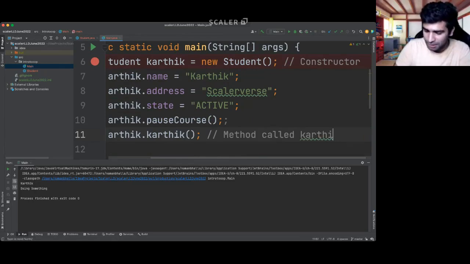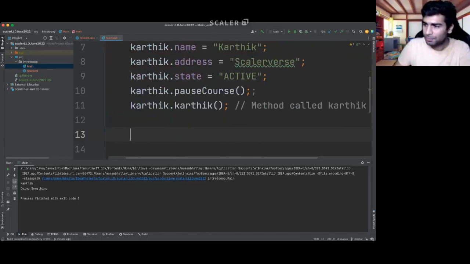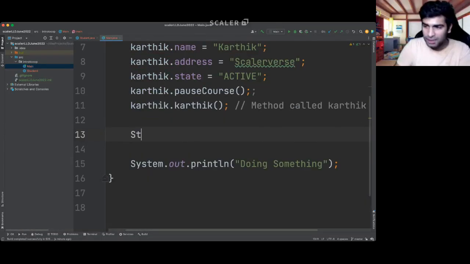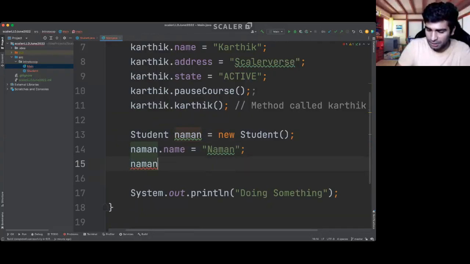Let me give you another instance. Let us create another instance as well. So now let us have another student. Student Naman is equal to new student. Then Naman dot name is equal to Naman, and Naman dot patch is equal to